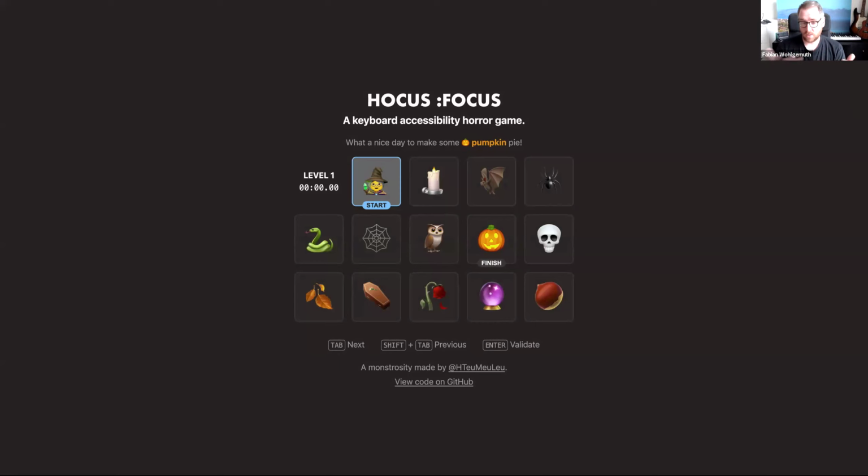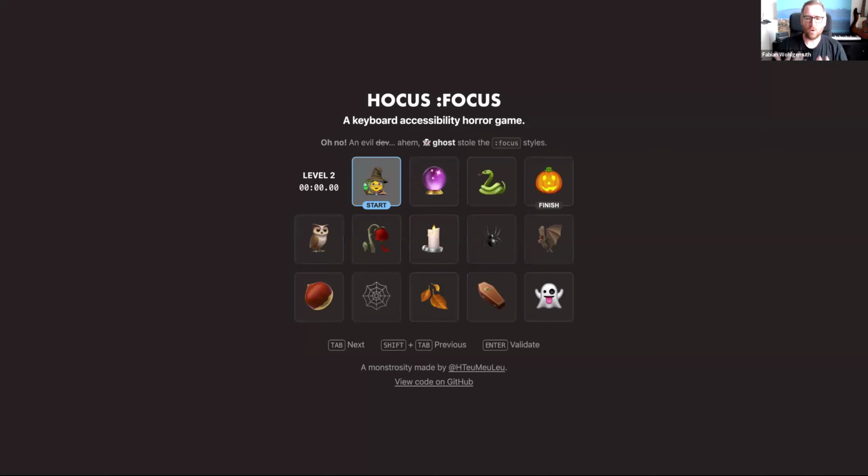So how should it be? There's a level 1. I'm using Tab and Shift Tab to navigate interactive elements, and I'm pressing Enter to activate this button. I'm going from start to finish, and this is how it should be. But then, again, without spoiling too much, in level 2, the focus style was stolen.